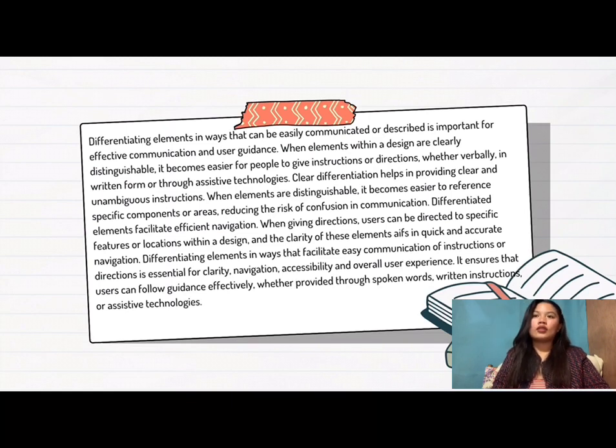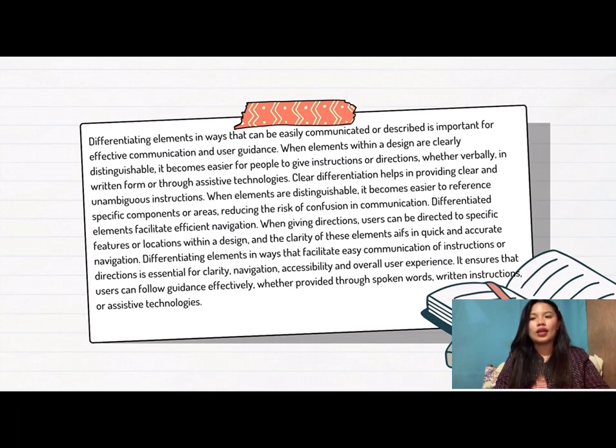And also, differentiated elements facilitate efficient navigation. When giving directions, users can be directed to the specific features or locations within a design, and the clarity of these elements aids in quick and accurate navigation. Differentiating elements in a way that facilitates easy communication of instructions or directions is essential for clarity, navigation, accessibility, and